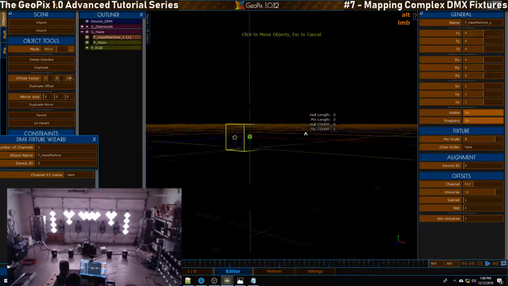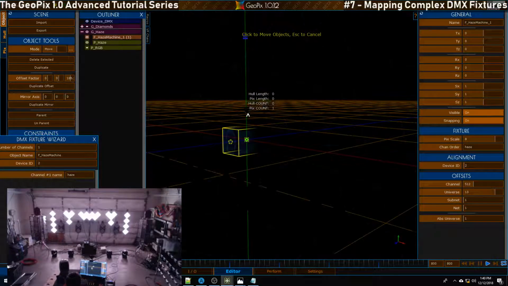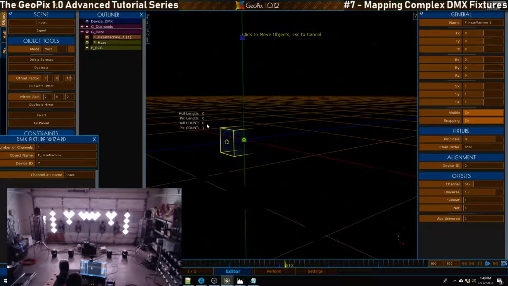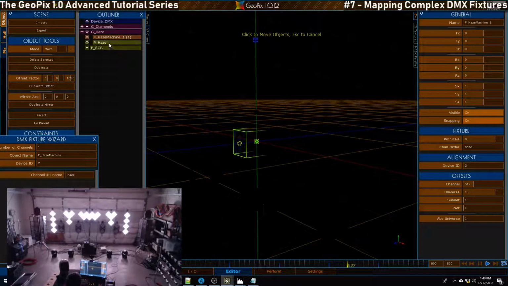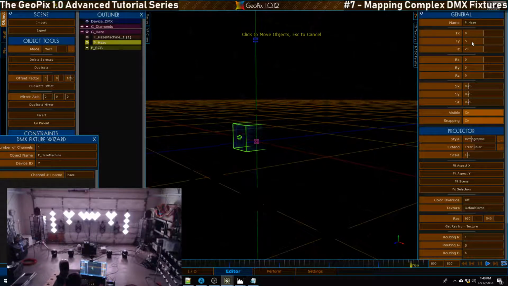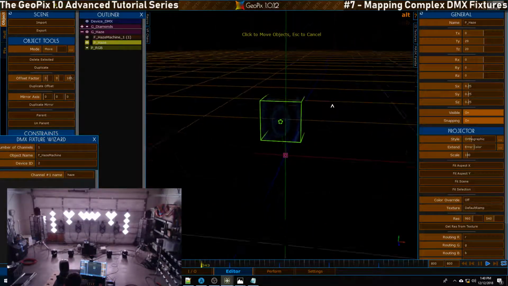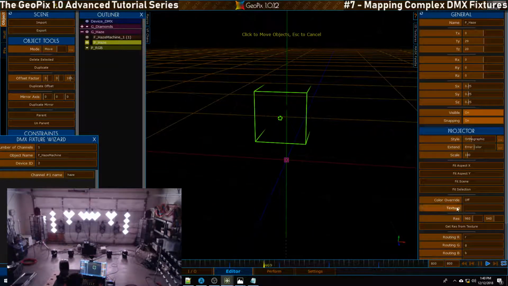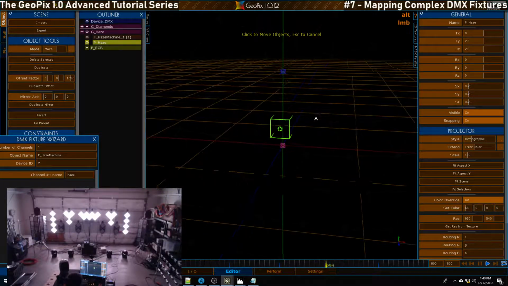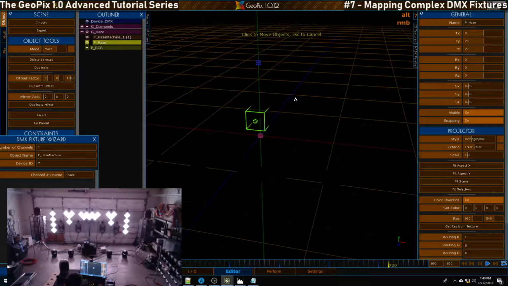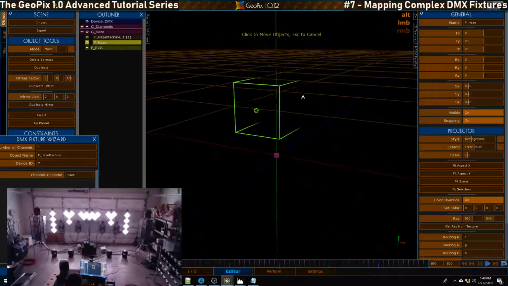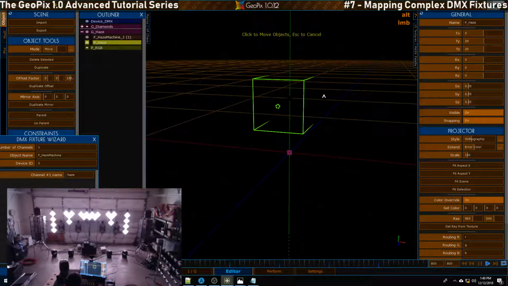And I don't know if you can see that black dot right here, but this is actually our pix. It's a little bit above our fixture, and this is how the DMX Fixture Wizard creates stuff. So we actually want to move our projector up until it's hitting that. It's encapsulated in that area. And then we can go ahead and clear out texture and do a color override. And let's go and reset that to 0. And so far you haven't seen anything happen. Everything looks pretty inert, but